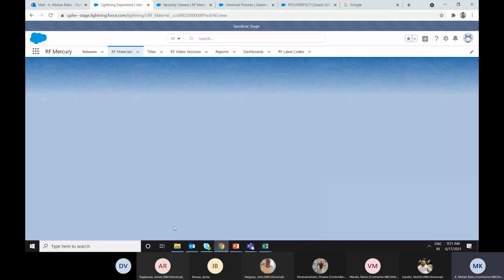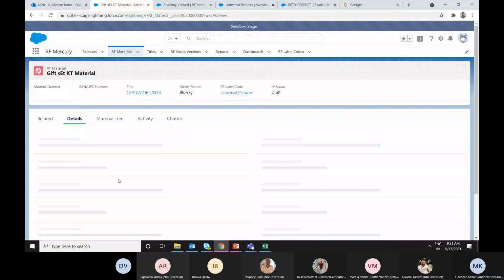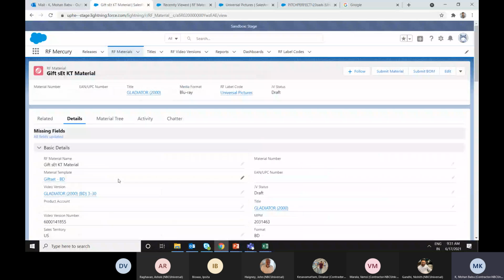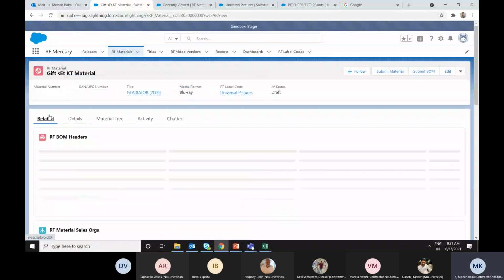So now, see, we have seen the BOM header being created for the single material, but if you check the BOM headers for the gift set and the multipacks, two BOM headers would have been created.